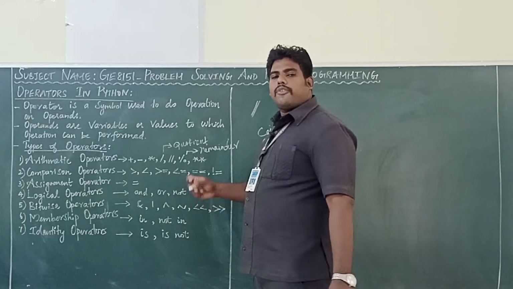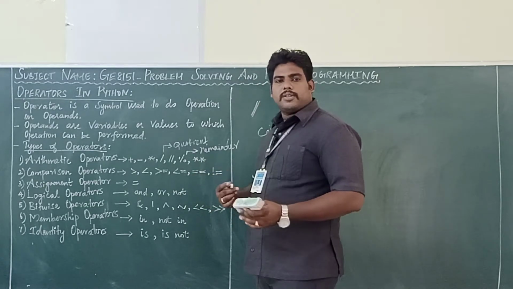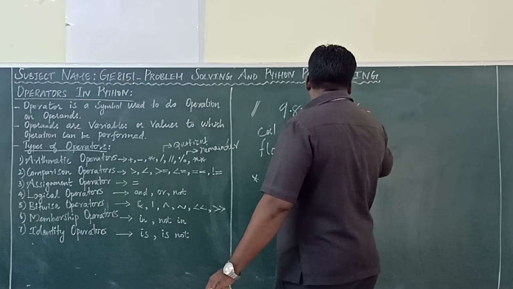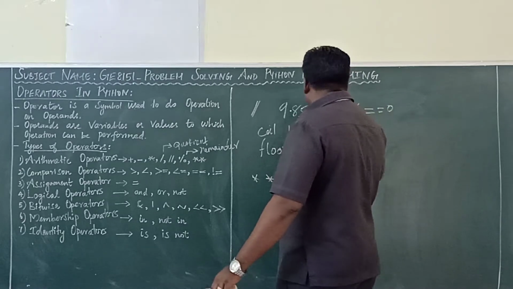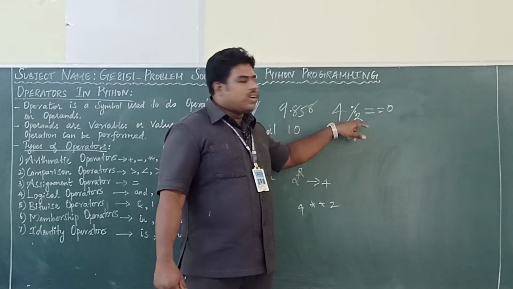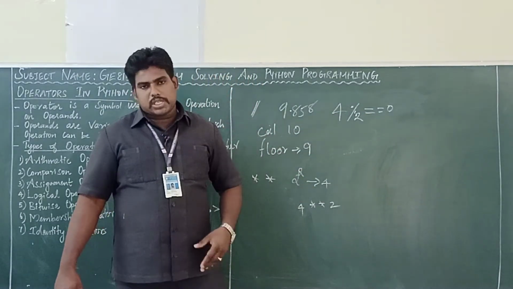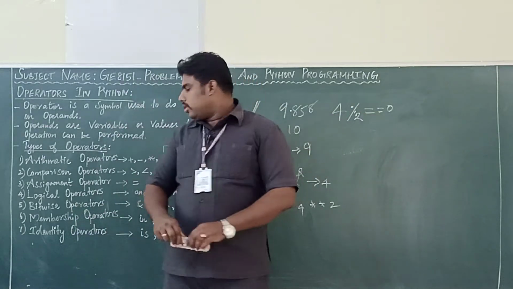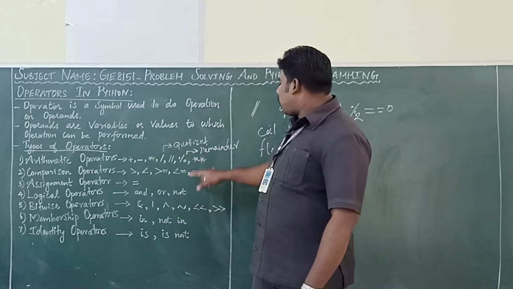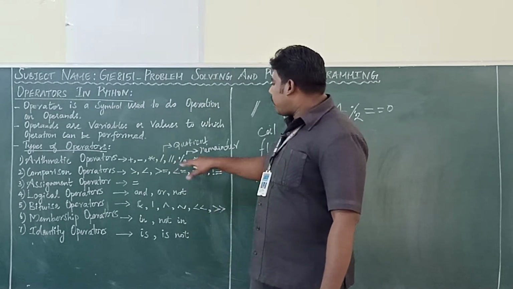instead of the quotient, if you want to check the remainder, a simple use is finding odd or even. Any number divided by 2, for example 4 divided by 2, the remainder is 0. What's the meaning of this? You are trying to divide 4 by 2. If you put the percentage symbol, it will check the remainder portion. If the remainder is 0, it is even. This symbol is called remainder division or modulus. This modulus is used to get the remainder answer in the division. All of you got it, the first thing.